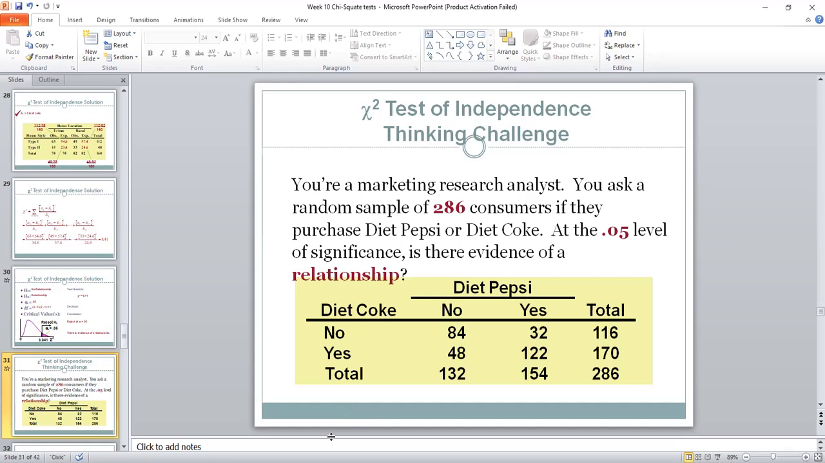You said the table value is? The table value. You want the table value is what? 3.41, yes. I mean,